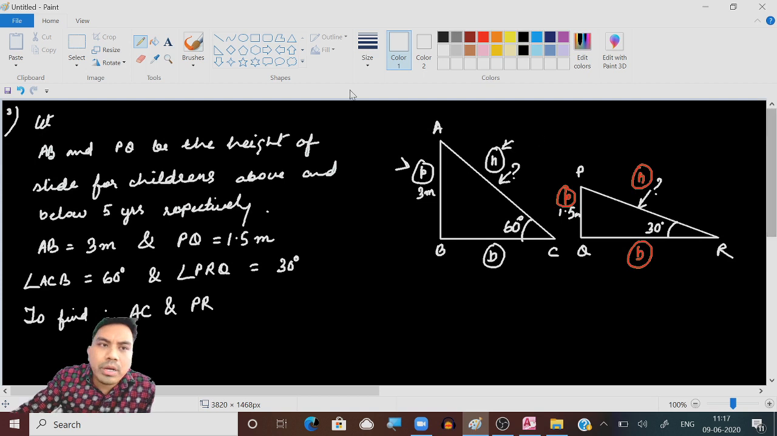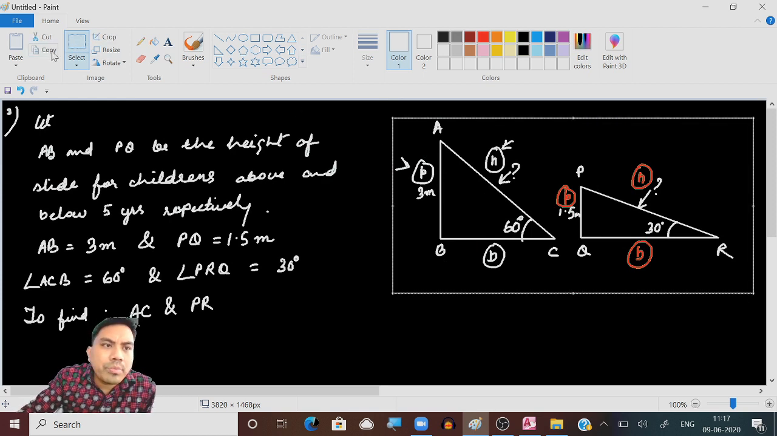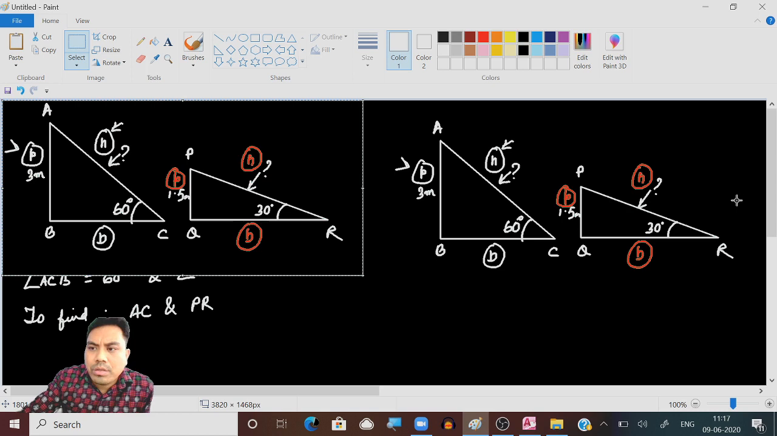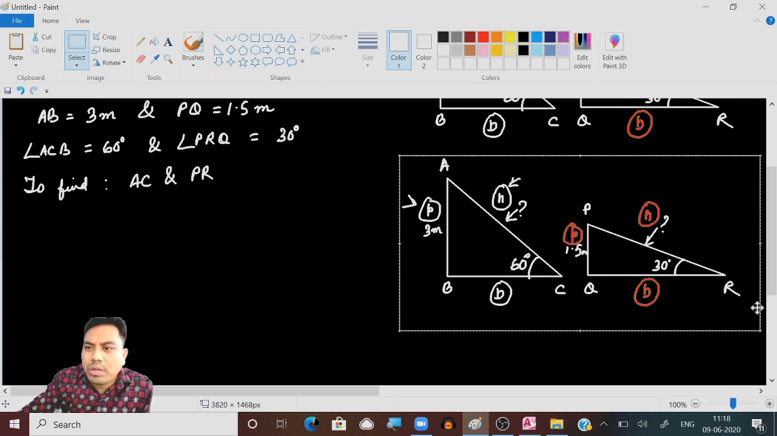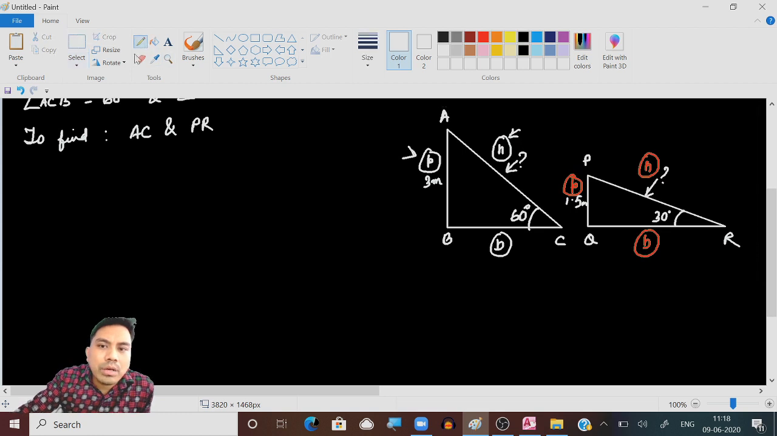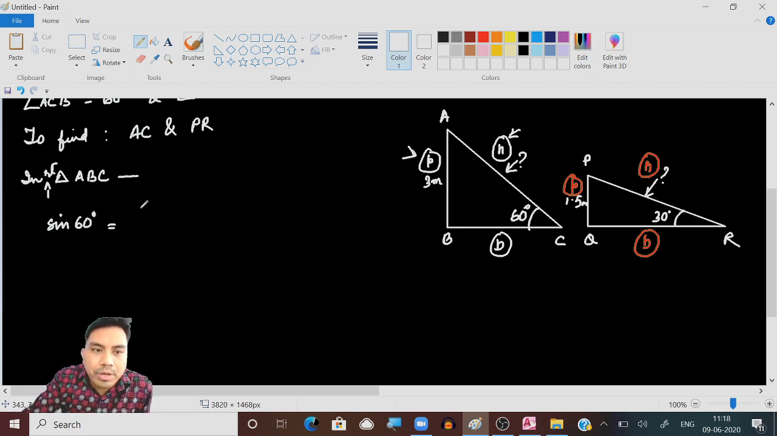So now let me copy this part so that I can paste it down, and it becomes easy for us to view down also. Okay, you have to draw only two angles. Okay, all right. So now in right triangle ABC, sine 60 will be equal to perpendicular by hypotenuse. We can see perpendicular is AB and the hypotenuse is what? AC. Sine 60 is what? Sine 60 is root 3 by 2